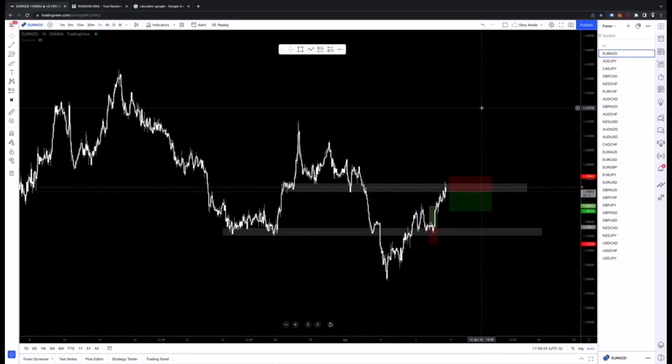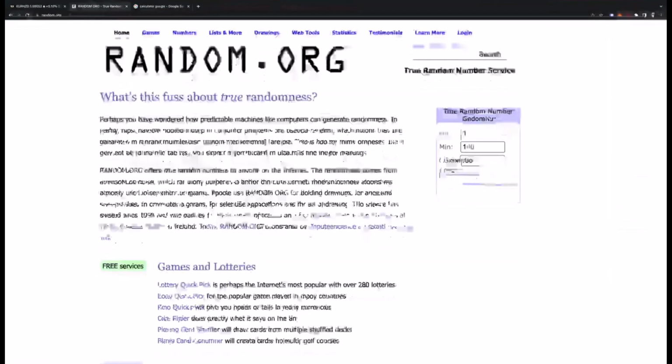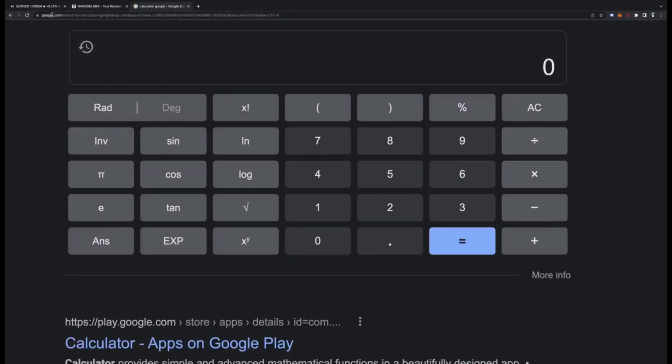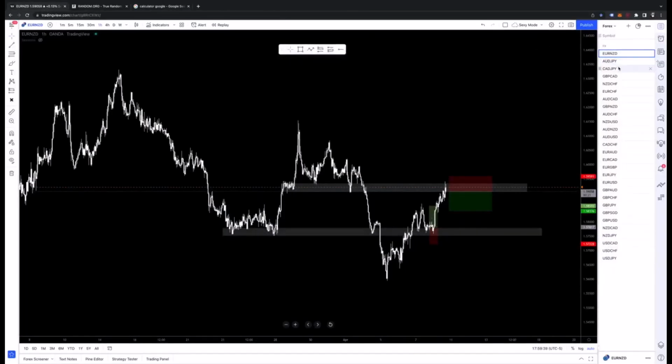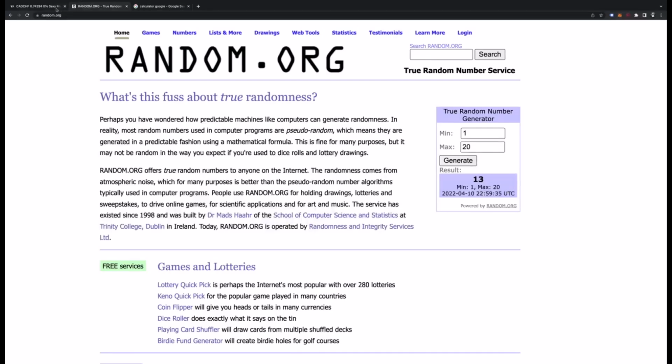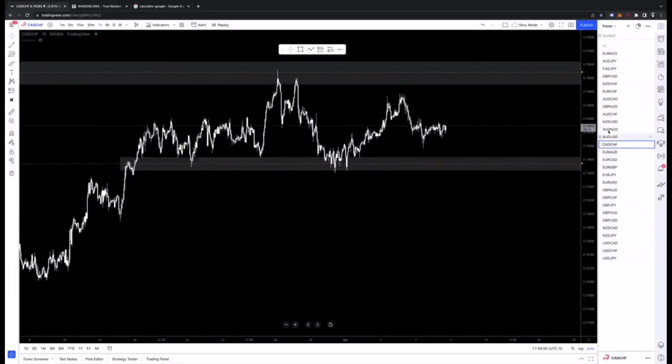All right, so we're going to jump right into it. We're going to be picking a random pair, and we'll be continuing with another backtest. So number between 1 and 20. Looks like it's 13, so go here to the pairs. 1, 2, 3, 4, 5, 6, 7, 8, 9, 10, 11, 12, 13. Right? That was 13, yeah. So it's CAD CHF is the pair that